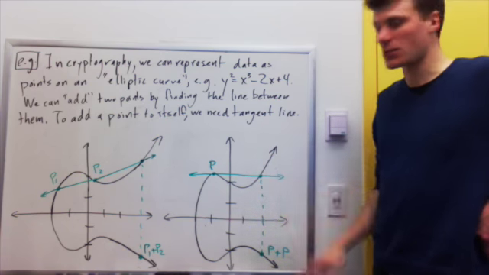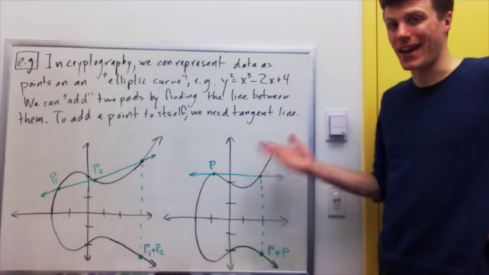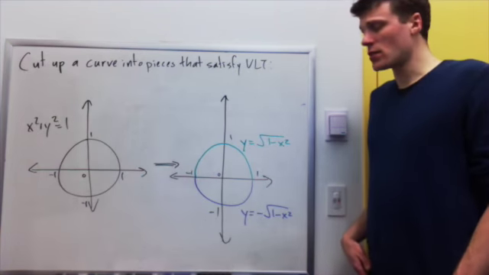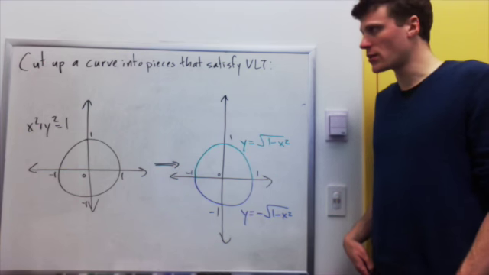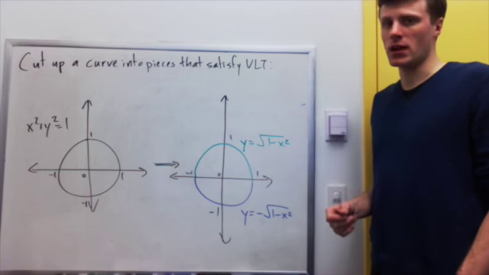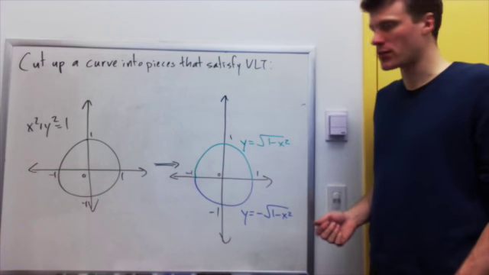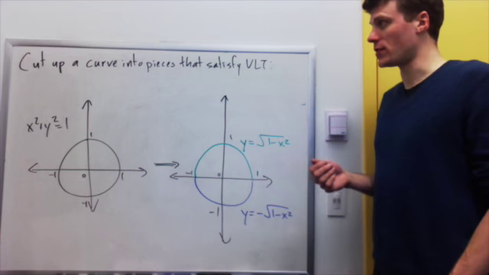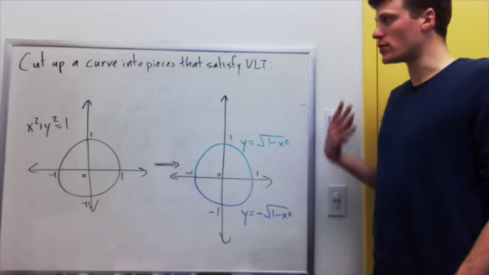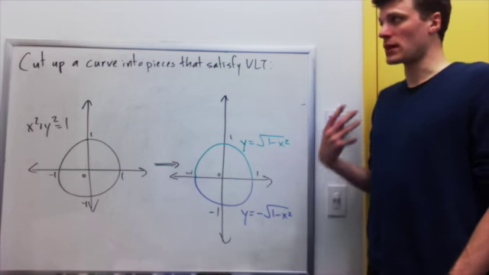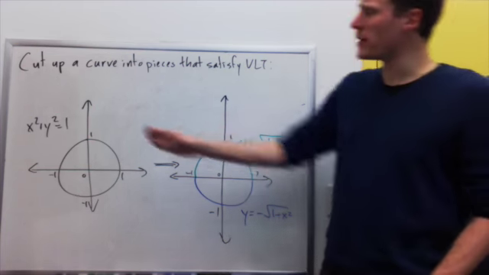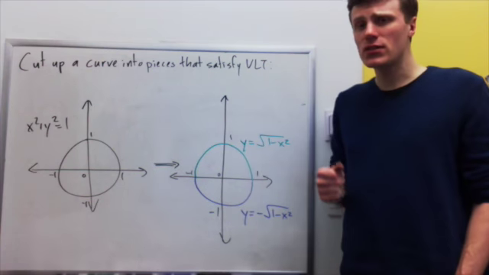That requires being able to find the equation of a tangent line at any point on this curve. Now, to apply calculus to these equations that give us curves in the plane, we really need to be able to think of them as functions. But we've seen that generally they're not going to give us functions. What can we do, though, to get away from the fact that these aren't functions so that we can actually apply calculus? Well, what we can do is cut up a curve into pieces that do satisfy